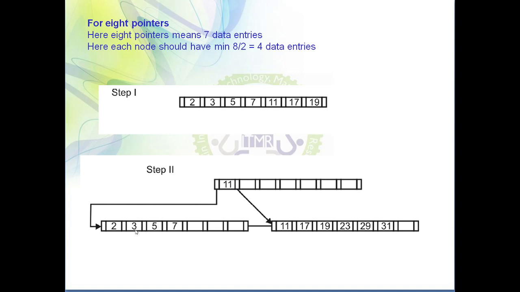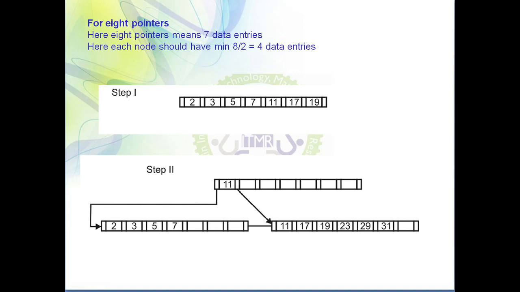Though the minimum here is 4, I have put 1, 2, 3, 4, 5, 6 values. I have put 2 more extra values over here, but these are only the last 2 values. So in order to hold only 2 values, I am not going to create one more node, but whatever remaining values there are, I need to put in the last node. So this is how I have created a B plus tree for n equals 8.